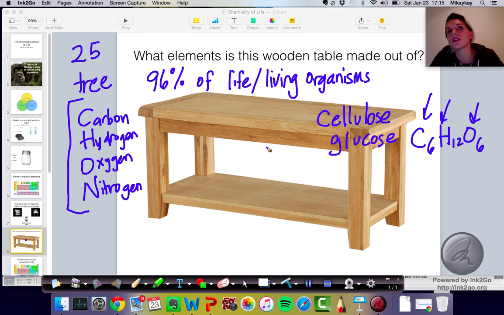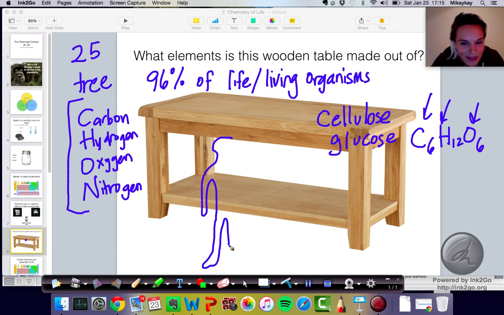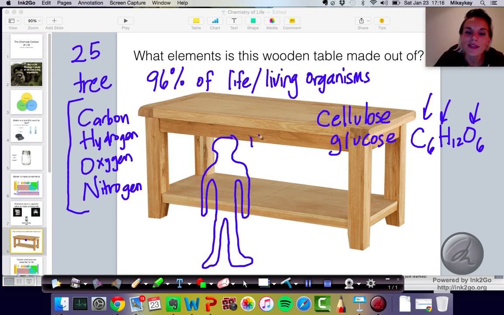If I could measure what elements you're made out of, I can't do that actually without you not living. But if I could, then I would see, let me draw a person because this is nobody specific, it's just a person in general. It's kind of hard to draw on a computer. All right, I'm going to label that so you know what this is. It is a human, right?